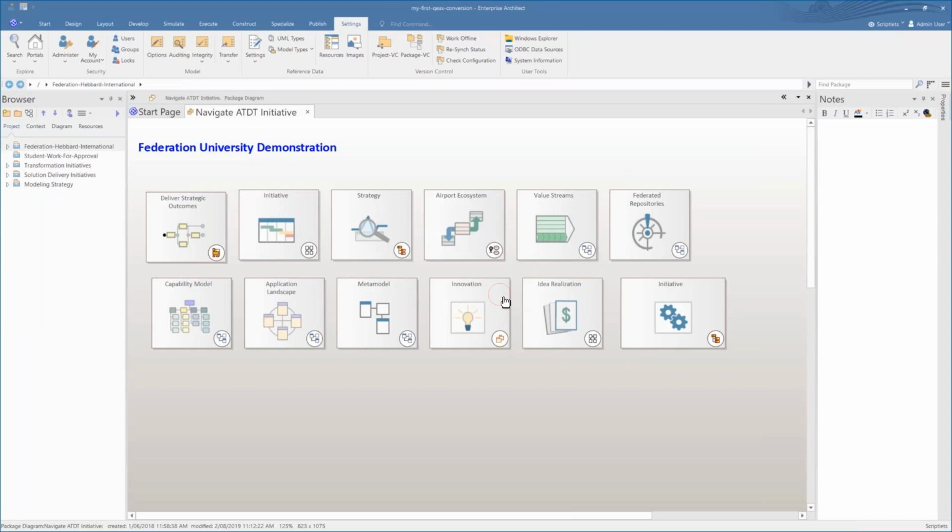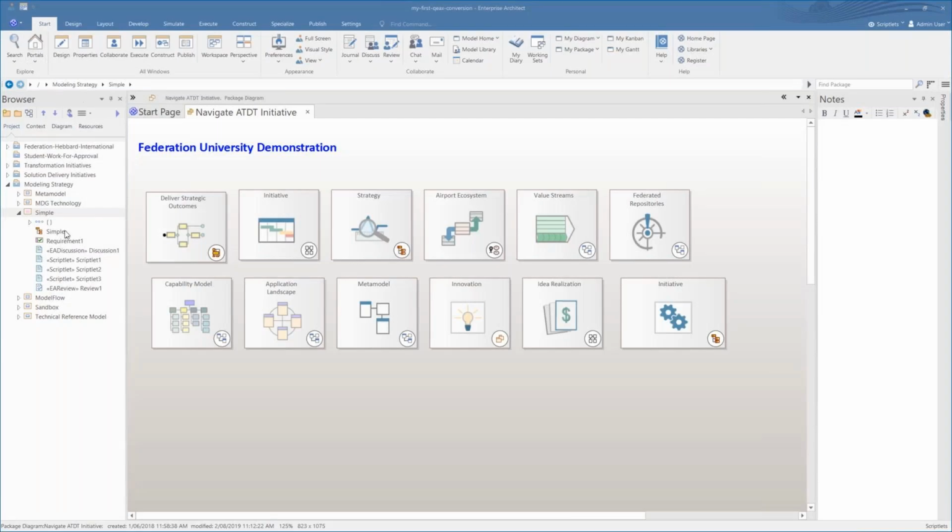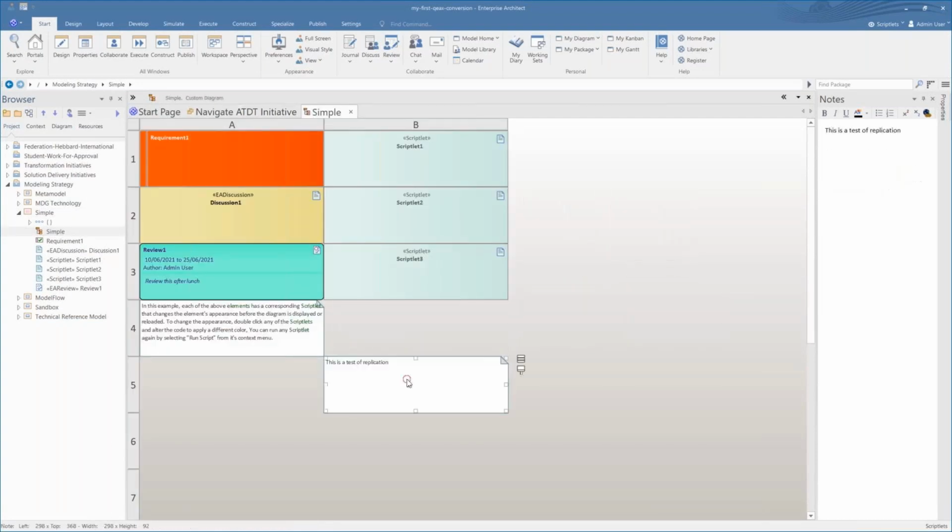And now that the synchronization is complete, if I go down and have a look under model strategy, there's the package, and it has been imported into our model. So Enterprise Architect 16 supports QEA replication, and as you can see, it's fairly straightforward, and the dialog allows you to synchronize, and if there's any conflicts, you can make the decision about which entry you accept, and then of course you can open that diagram and see all of that information is now available in our design master.